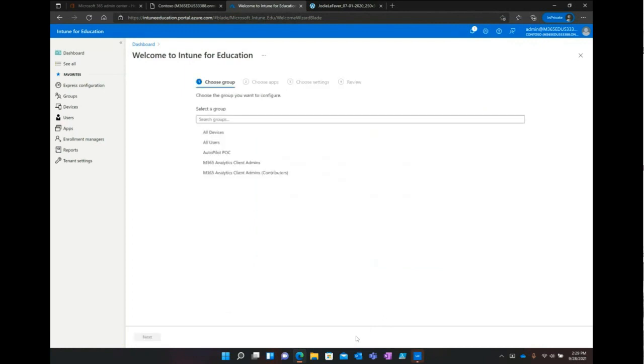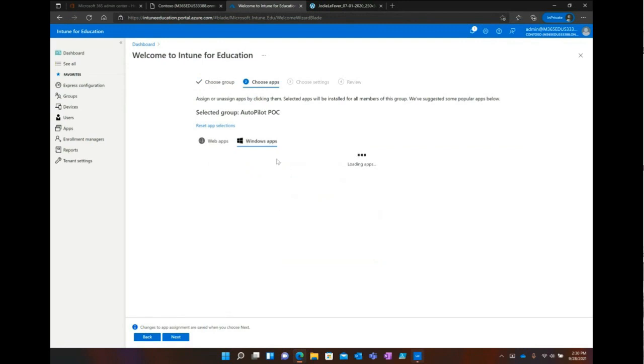So the first thing you do in here, and before I go any further, I want to say, think about how you do this with your current solution. And this is just one little step-by-step wizard to do all these great things. So whether you're using Configuration Manager, group policies, manually installing, having to have the devices on site, this is cloud only. So remember, the devices can be anywhere in the world as long as they have internet access. You are going to choose the group, which is the equivalent of collections in SCCM or AD OUs. This is just the way Azure groups things. So we select our group.